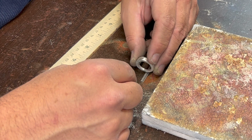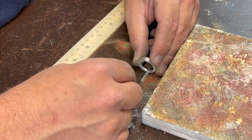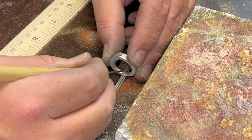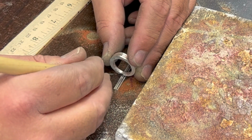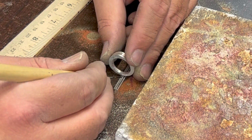So I'm going to kind of eyeball it a little bit, but I'm going to give myself a little bit of extra room because once we solder it on here, we're going to have to wrap them up around there. So I'm going to have to file a little bit extra so that it can make that bend, but I'm thinking